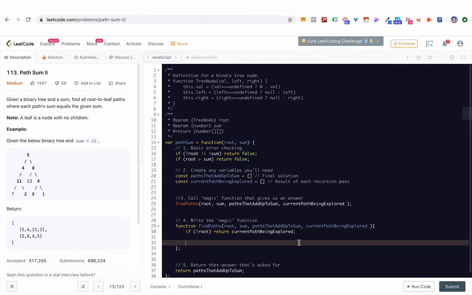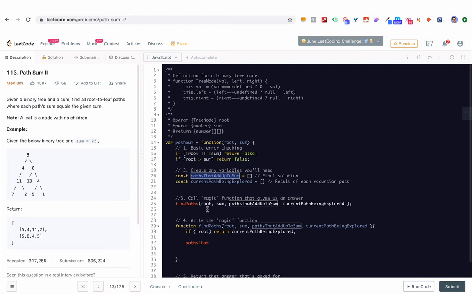Now the first thing we want to do is to establish which path is being explored. Right now we're just at the root. All right, so I want to push this number, in which case it's 5, to this current path being explored just so that we can keep track. So all you got to do is write paths that add up to sum. Let's just copy and paste that. And then we want to push the current